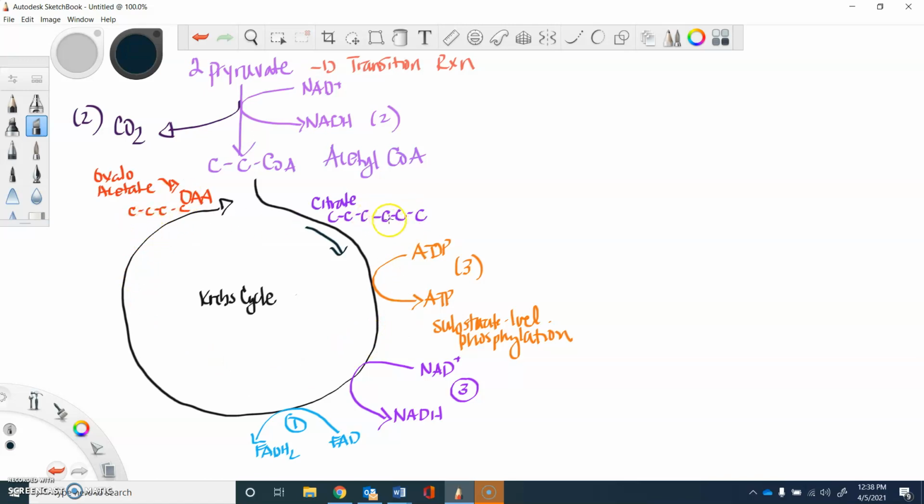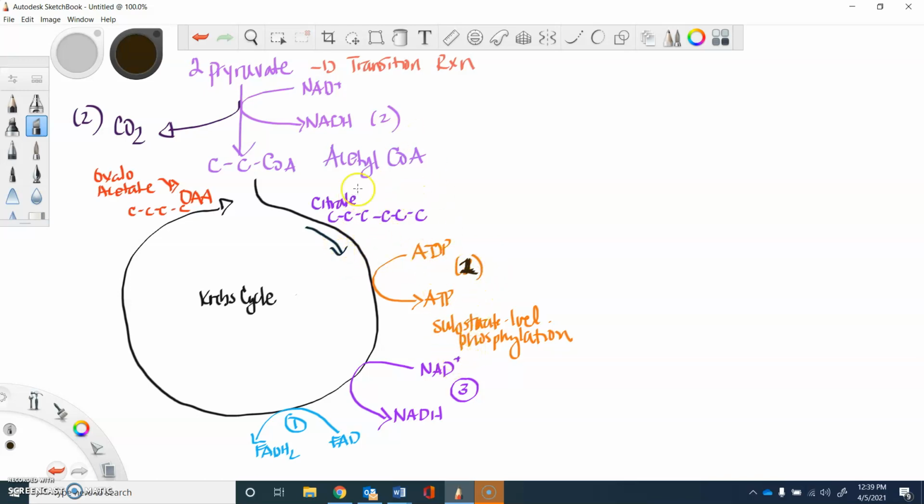So when we do that, we're going to liberate some NADHs, and we're going to get some ATP and some FADH2. In one cycle, we get 1 ATP. Sorry about that. Okay, so